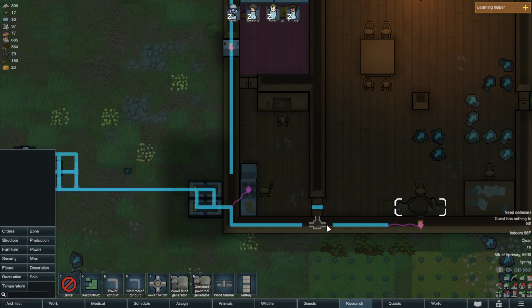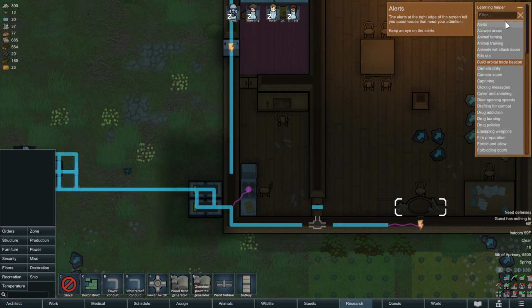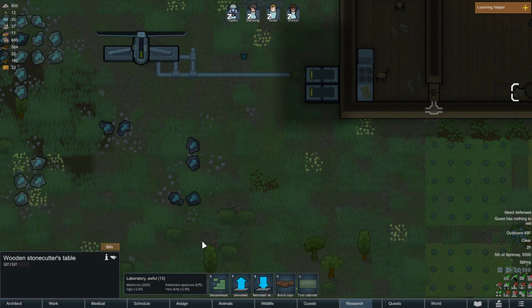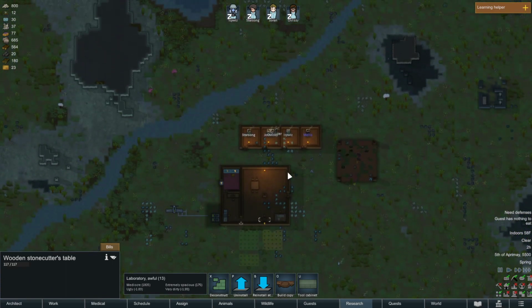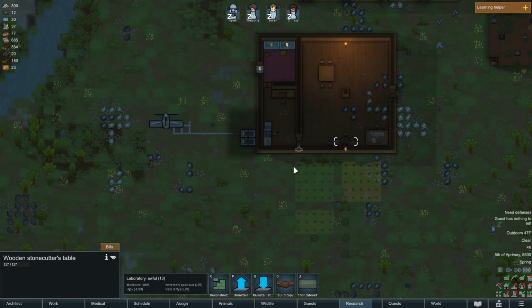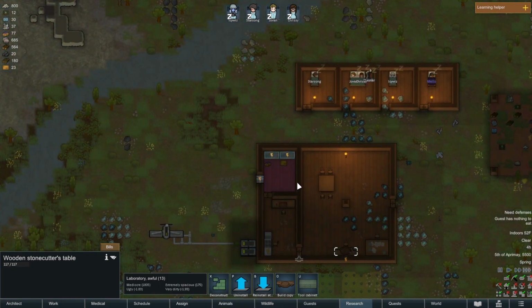Everybody's asleep. I just want this one built so that we can have some light. The learning helper here is just like, here's all of this stuff you need to do. No, we're not going to talk about that right now. Once again, my monitoring computer here has decided I really think I'd like to be asleep. Thanks a lot. That's just what I needed. All right. Guest has nothing to eat. I gave her some food. I didn't give her a bunch of food, but...